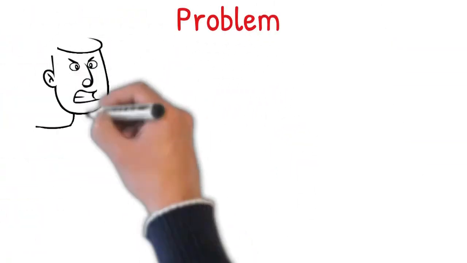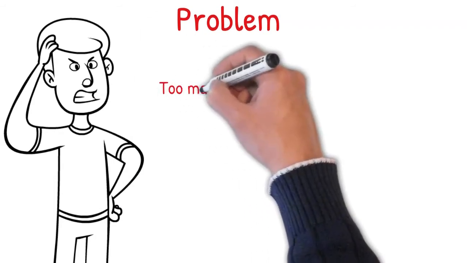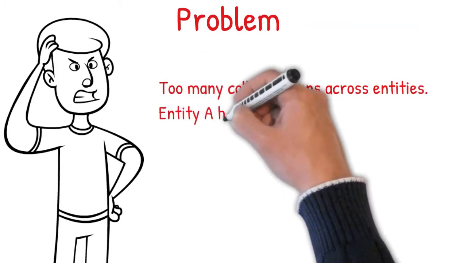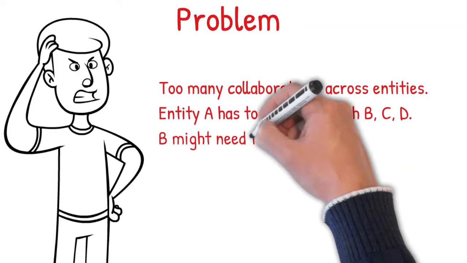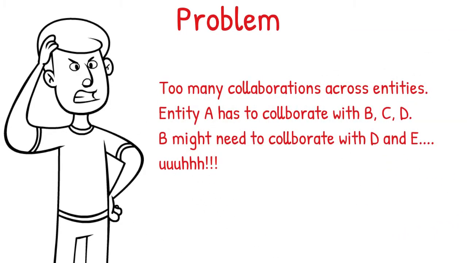Well, I hope you understand the problems now. Let's try to note it down in simple words. Too many communications between different entities could cause a disaster. It could cause a mess. It could decrease the readability. It could increase the maintenance. In short, your application might be in a working state, but it will be a mess for you.